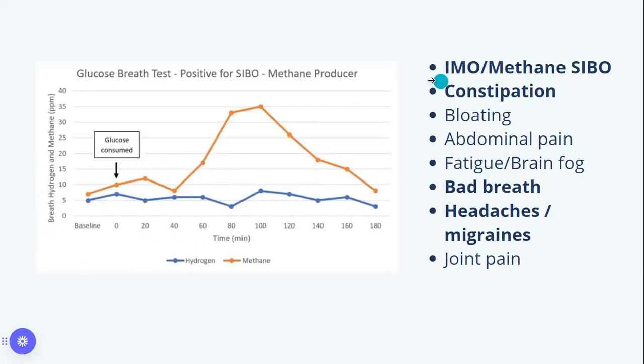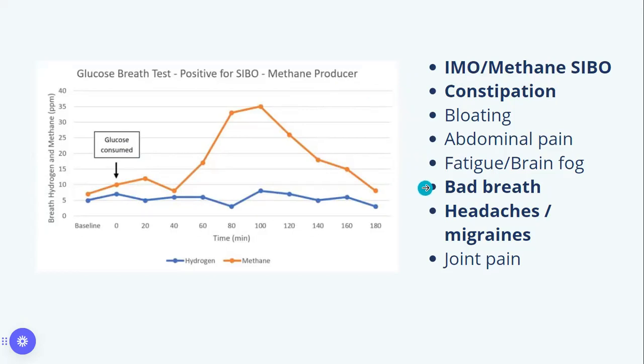test would look like. So when you have methane SIBO, it's often referred to as intestinal methane overgrowth. It can be lower down as well, so it can be in the large intestine when it's methane SIBO, rather than in the small intestine when it's hydrogen SIBO. Methane SIBO is more associated with constipation than with diarrhea, although you can have both again. Bloating and abdominal pain as well would be common, but I suppose what sets it apart would be